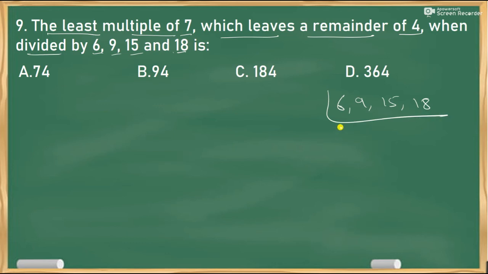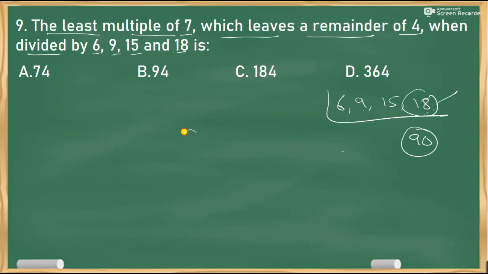Clear? Take the LCM. How to take LCM? Take the highest number, 18, and go with its multiples. Whatever is a multiple of 18 has to be divisible by 15. Multiples of 15 end with 0 or 5. So 18 5s are 90. 90 goes with 15, 9 and 6 as well. Correct? Yes. Clear?